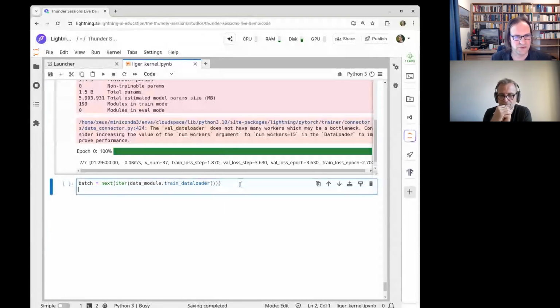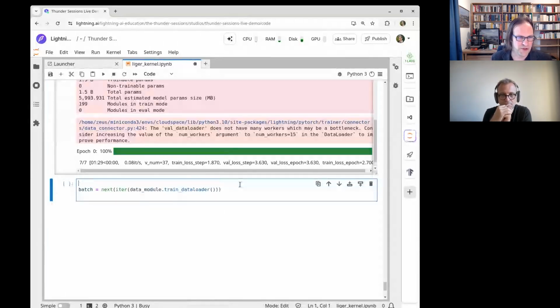But so here's the batch. The other thing we need is, the batch we want to move to CUDA in a bit. So batch will be k, and its values. So we can just say, well, let's wait for it.